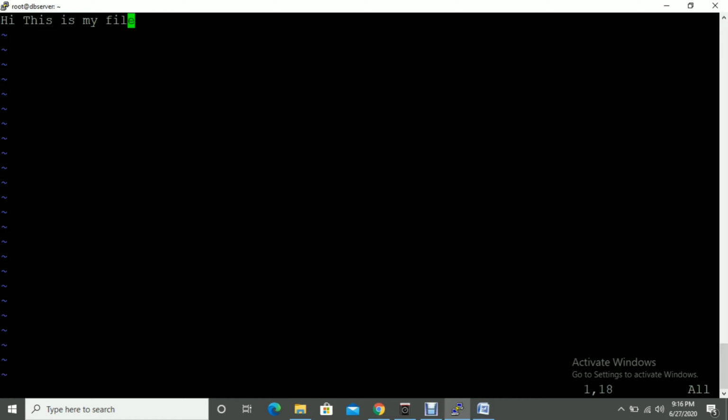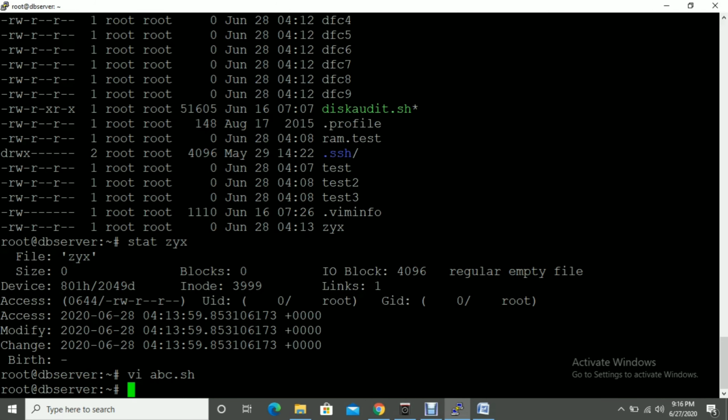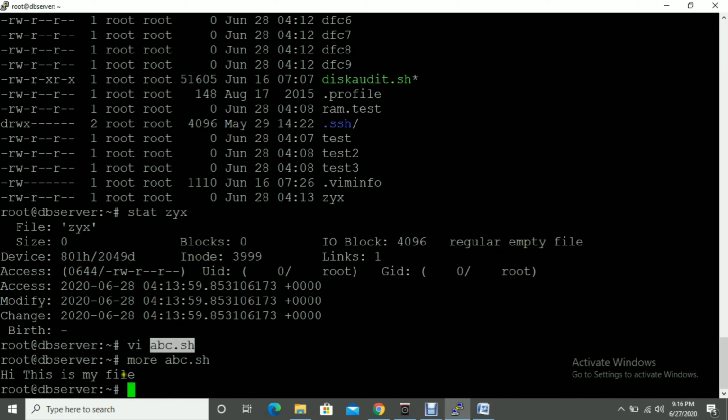Then you have to press colon, semicolon with shift, and then press w q. w means save, q means quit. Then give the exclamation symbol and hit enter. If you want to check this file, you can use cat or more for reading the file. So I'm going to read this file. You can see, this is my file.